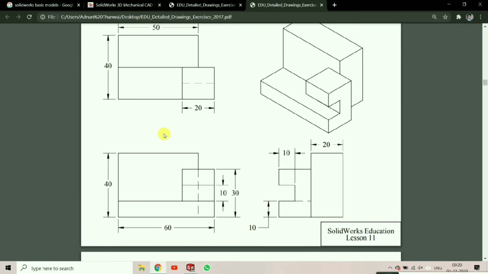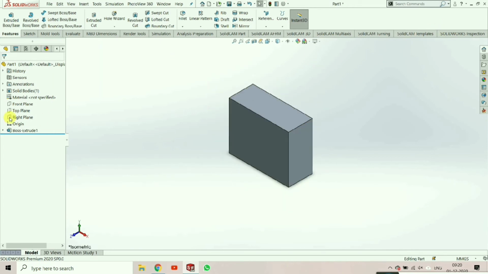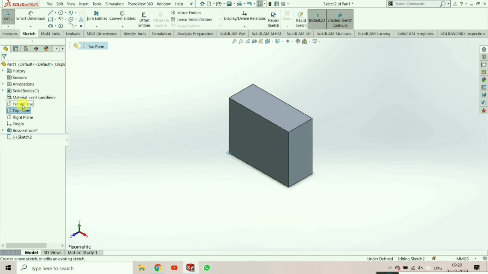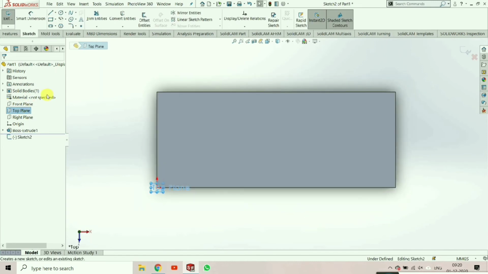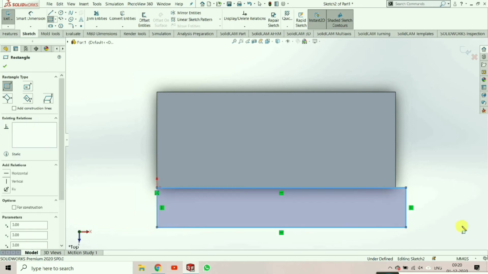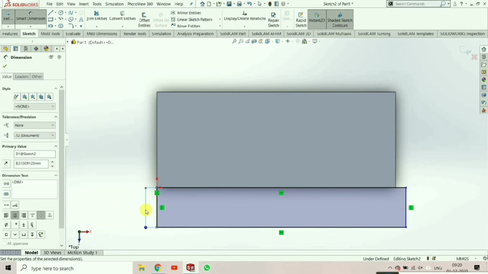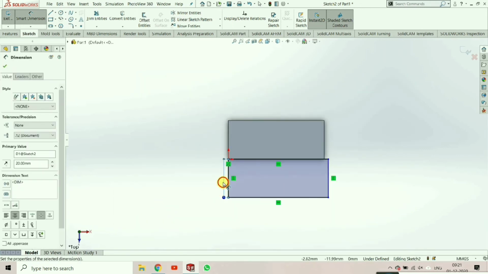Now I'm going to sketch this part, that is 20 by 60. For that, select the top plane, create a sketch, Ctrl 8. Now select corner rectangle, make a rough sketch, give the dimension, that is 20 by 60 mm.